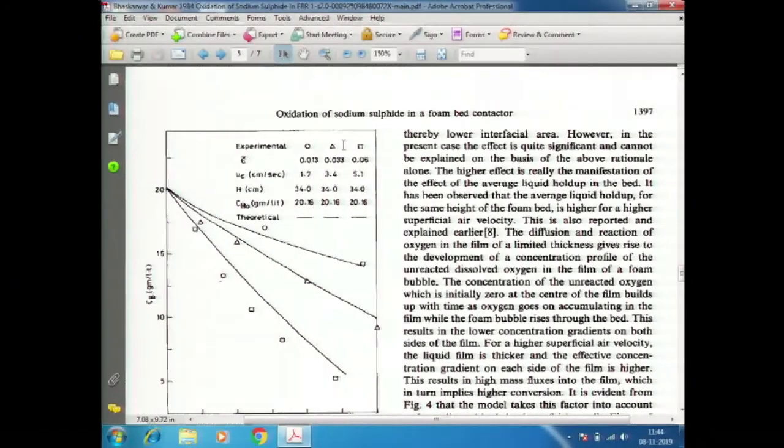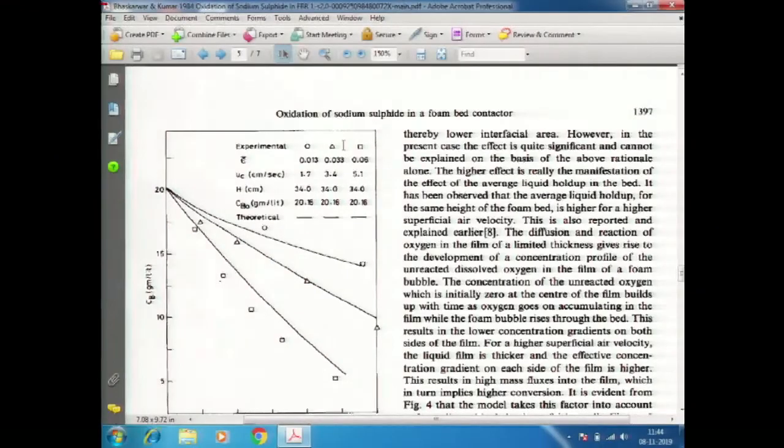One would have normally expected that for faster air flow rates, the time of residence of oxygen in contact with sodium sulphide in the liquid film would be shorter. One could even have expected lesser conversions, but the experiments reveal higher conversions. Tc star will be smaller because height is fixed, flow rate is rapid, right. However, the experiments reveal the other way, conversions are faster. So, we also notice that the liquid holdup is increasing, which means the films are getting thicker because of faster airflow rates and larger drag of air on liquid.